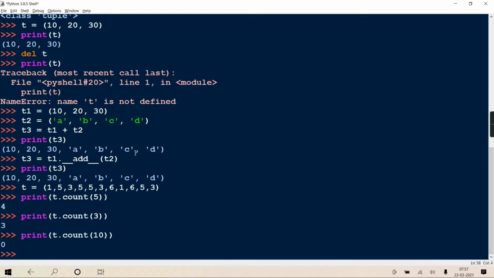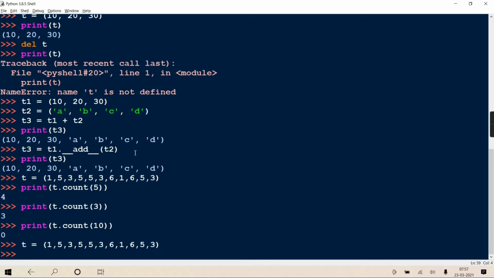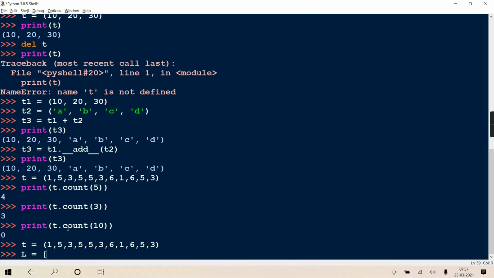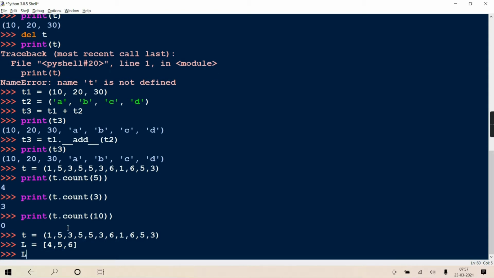This tuple only I will take. Print t dot, and you can check also: when I say t dot, can you see there are only two methods applicable for tuple. And the same thing if you check for a list. Suppose I am creating a list and I write L dot, and it will pop up a list. See, so many methods are there. Nearly all we have discussed: append, clear, copy, count, extend, sort, reverse, pop, all these methods we discussed yesterday for list.